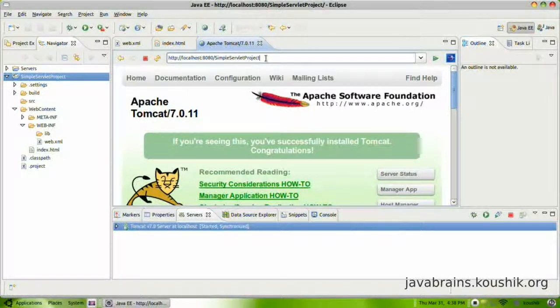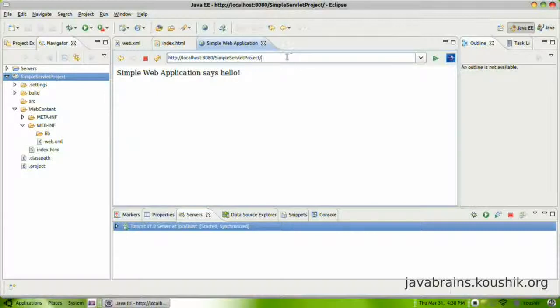Since this is the context root which we had configured when we created this project, this is the application that Tomcat will call when you enter this. If you have another application installed on the same Tomcat instance, you need to give that application name. So when I press enter,